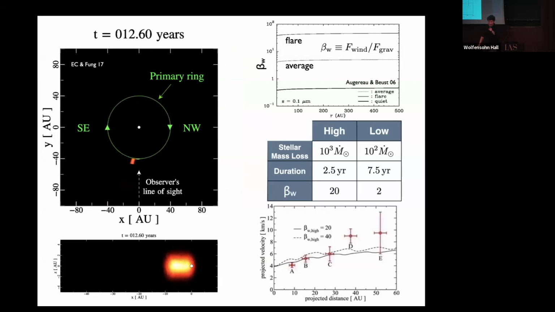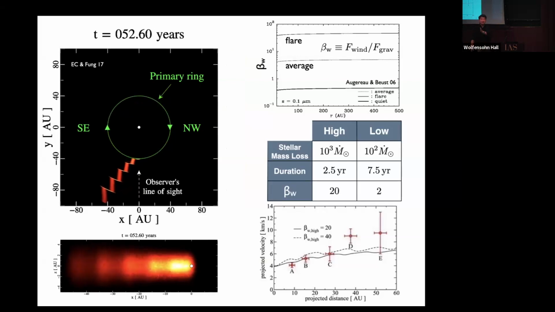Every radial zig is when the wind gusts. Every horizontal zag is when the wind is in its low state. And then the disk rotation just carries it from the right to the left. Okay? Of course, you're looking at the thing edge on. And so every one of these radial zigs gives you a very large line of sight column density to give rise to these clumps, which are all streaming to the left.